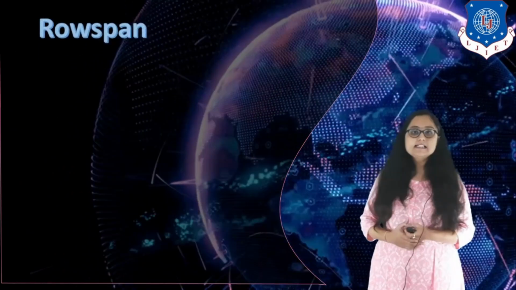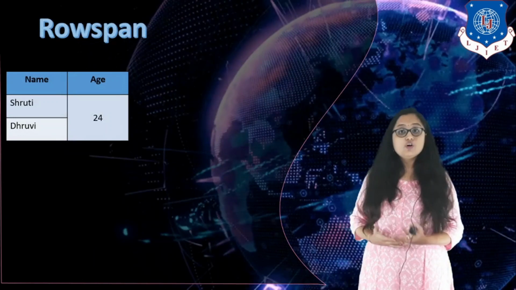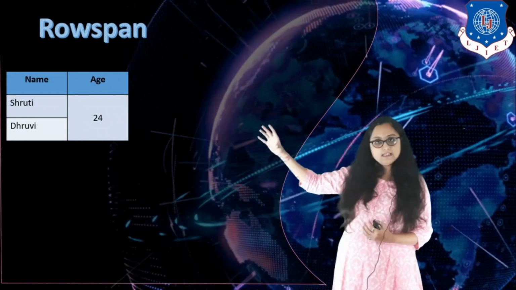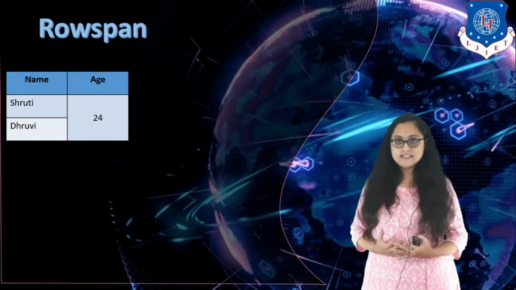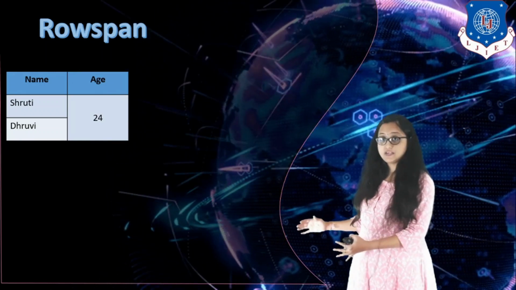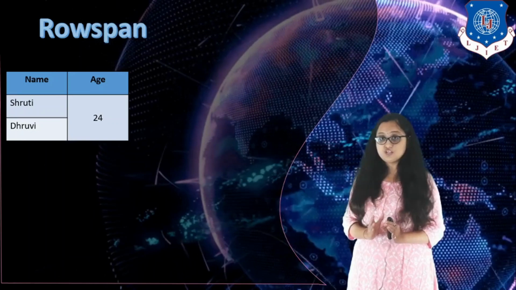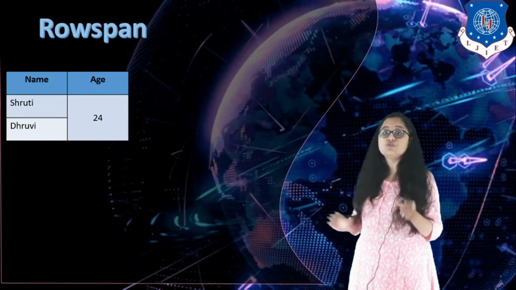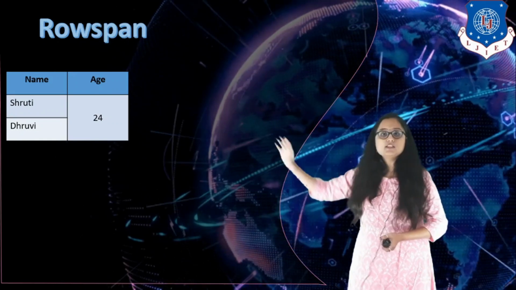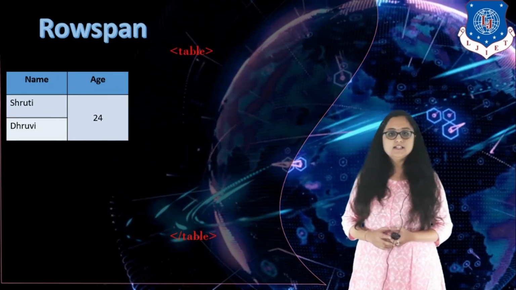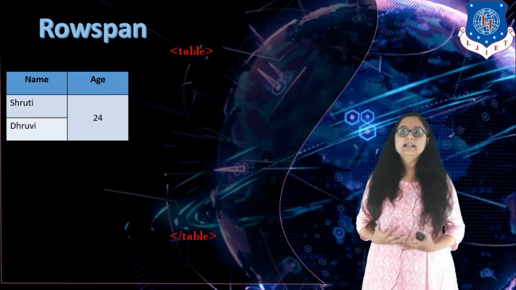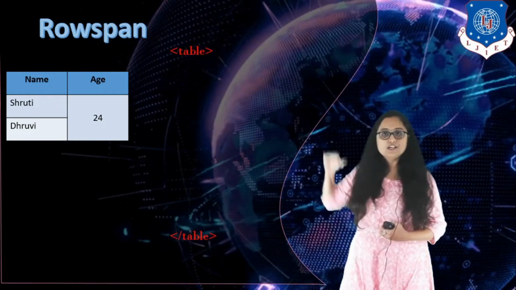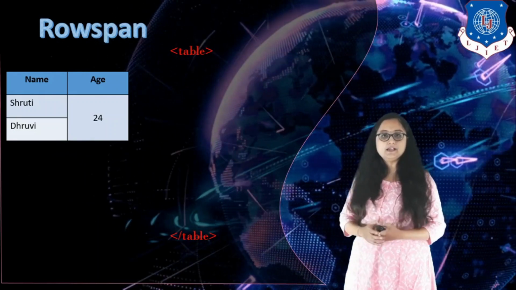Now let us see the syntax of the table that we have just seen, right? So for one table, I'll tell you the syntax. For the next table that we have seen, I have already told you the structure. That is homework. You need to write the code for the next table. Okay. So for this table, let us see the syntax. You know that for creating a table, we need a parent tag, table. So this is the table tag in which I have a table start and table end.